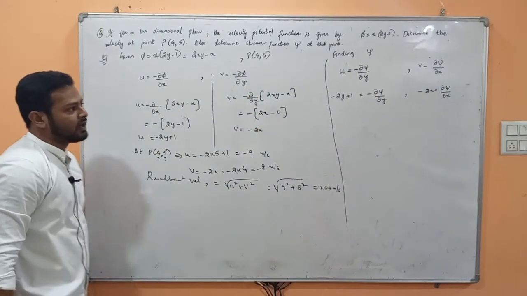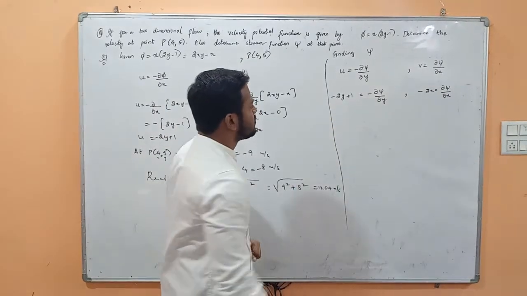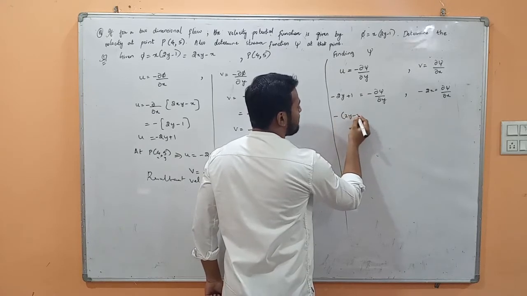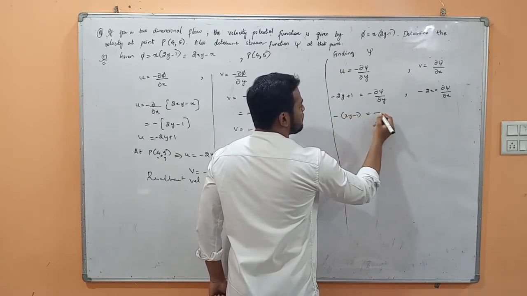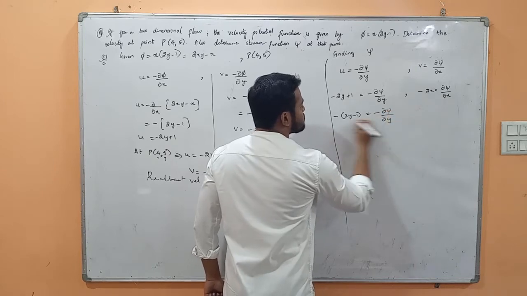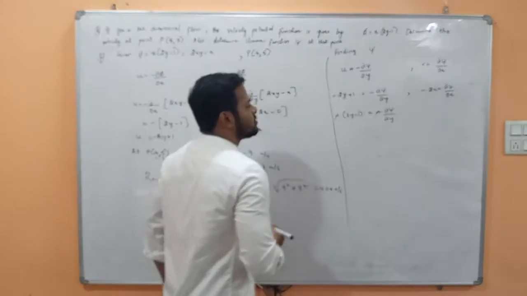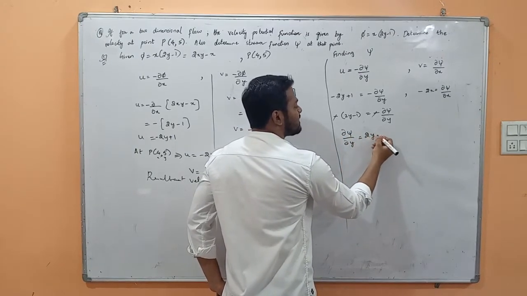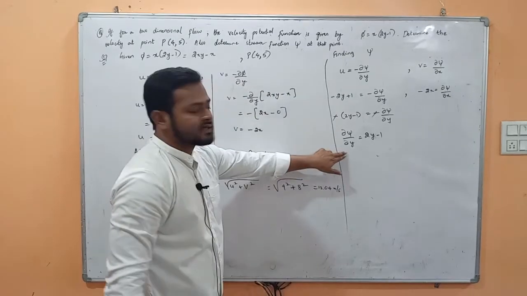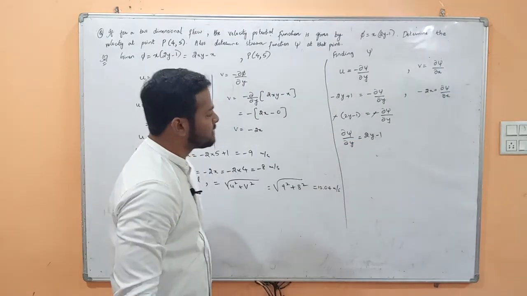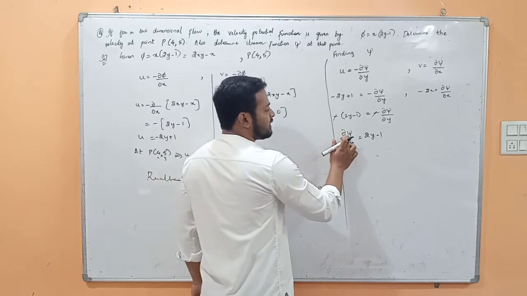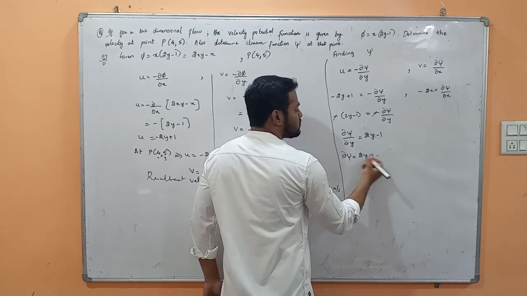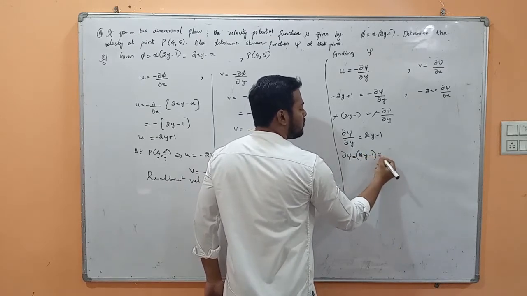Okay, so I have to find out psi from this. First thing I'll be doing is removing this minus. So I am taking minus common on LHS and RHS, and this minus and this minus get cancelled. So you have dou psi by dou y is equal to 2y minus 1. So I can separate the variables, which is called the variable separable method, so that I can find out the value of psi. So dou psi is equal to 2y minus 1 into dou y.